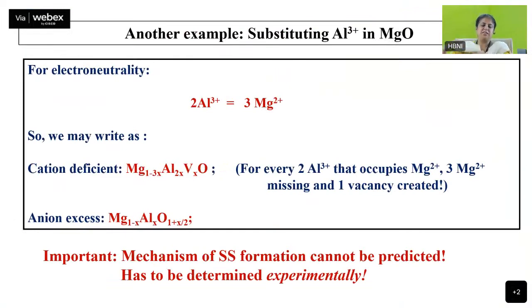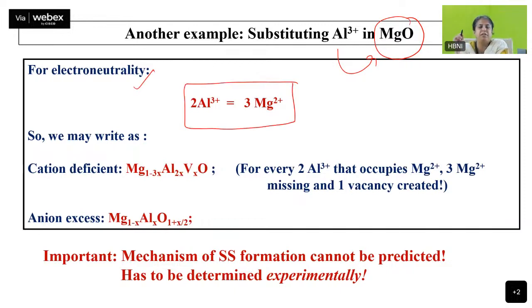Now this is the example that you would do by yourself. This is easier than the previous one actually. Suppose I have MgO and now you're substituting Al3+ in it. The only thing that you have to remember is for electroneutrality, if 2 aluminium go in, 3 Mg2+ have to come out. 2 3 the 6, 3 2 the 6. If you remember that, you will be able to write the nominal formula for the cation deficient as well as